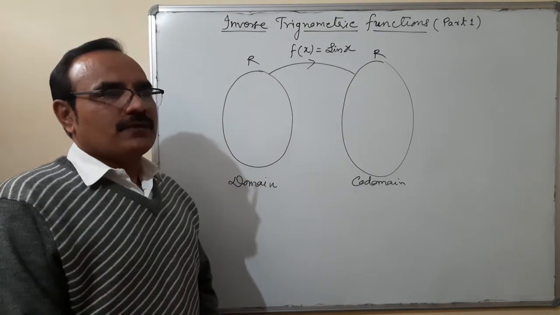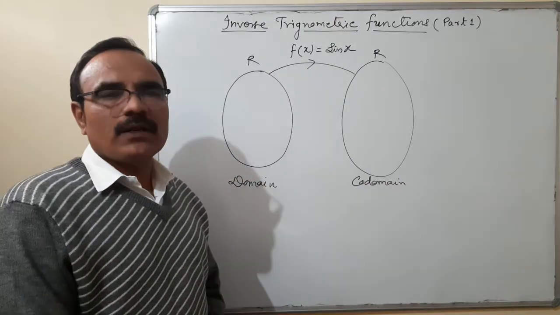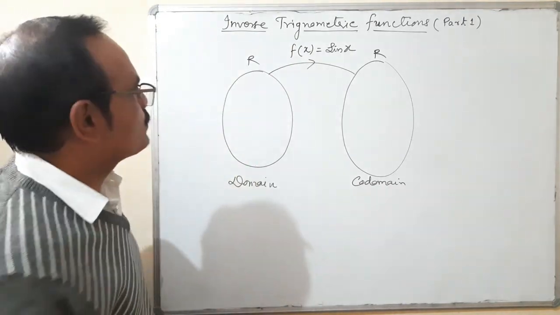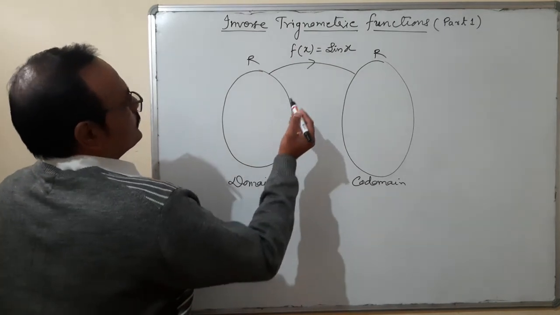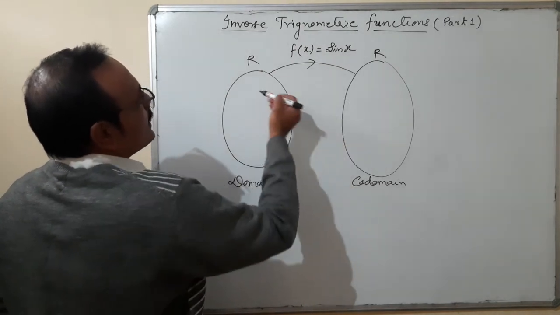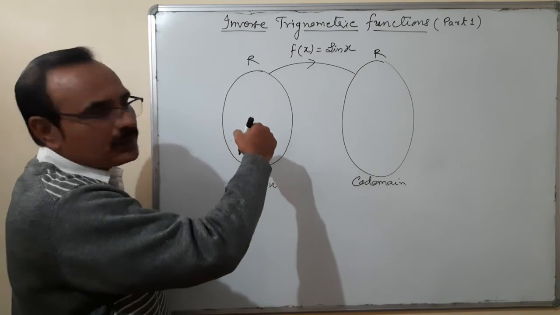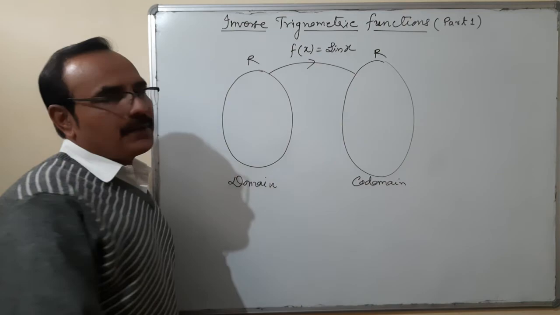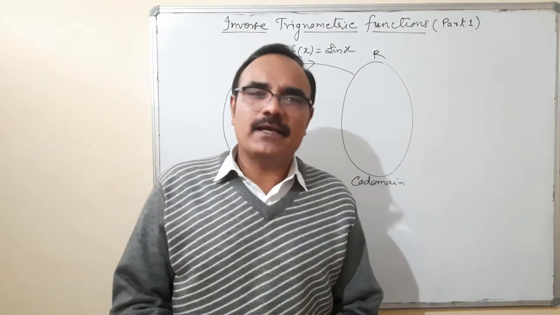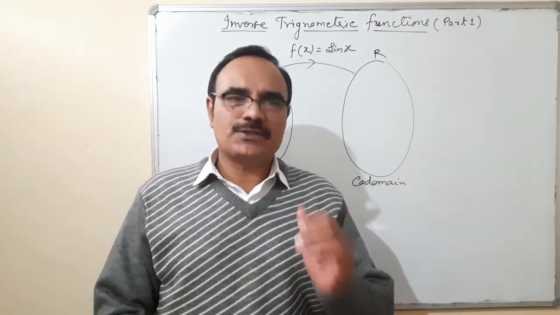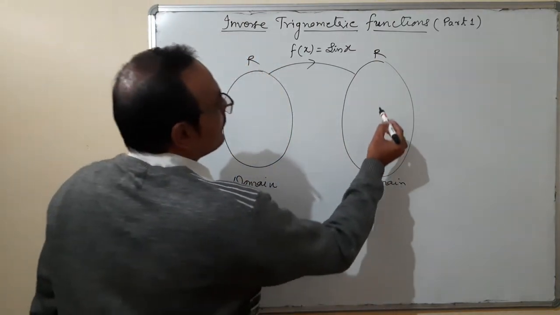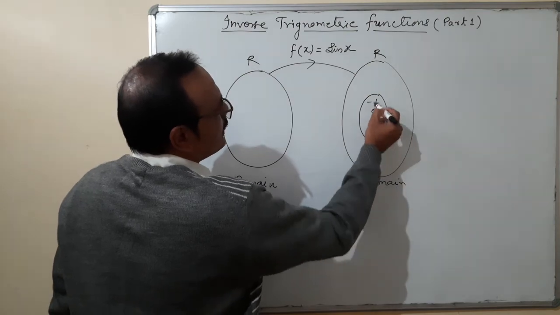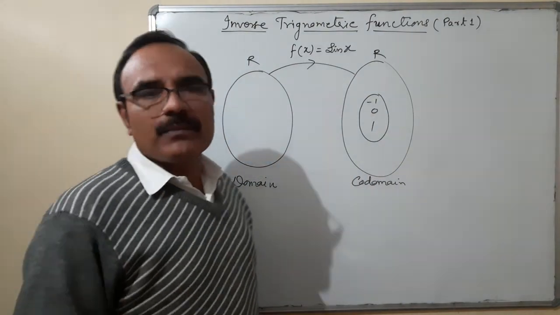In this function, first let us discuss whether the function is one-one onto, yes or no. We are going to check whether it is one-one onto. In place of x we can put any value from the set of real numbers. Whatever value of f of x comes, you know that the value of sine and cos lies between -1 to +1. So whatever the range is, it is -1, 0, +1 and many more numbers lying between -1 to +1.